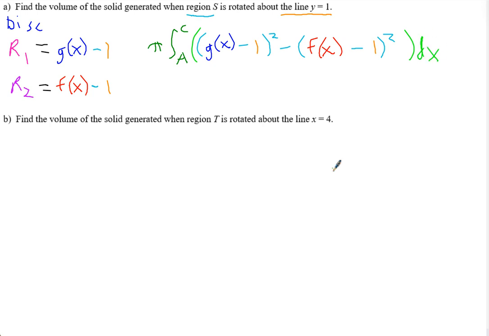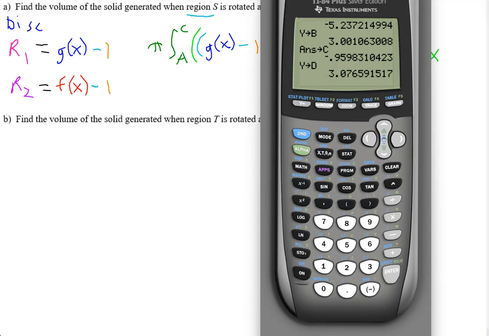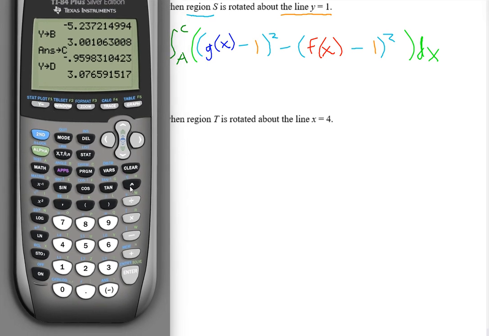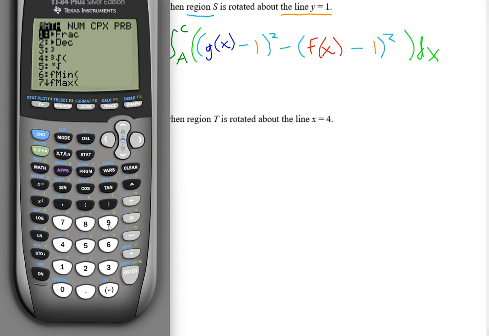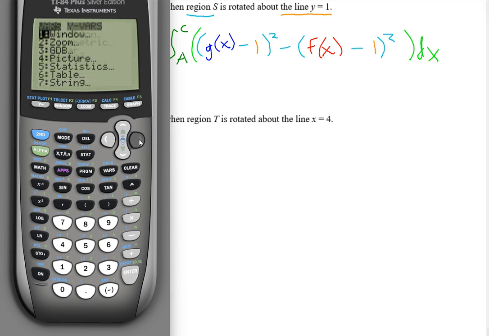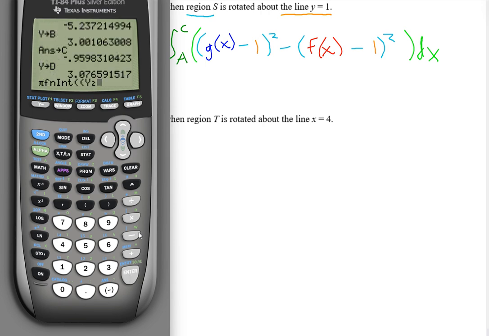All right, so let's go ahead and enter this in our calculator. Start with the 84. So pi first, second pi, and then math number 9. And again, those of you who have the newer 84s, it will pop up just like this. You can put in alpha A and alpha C here. And then once you get the cursor here, we need to open parentheses. And remember, g of x in our calculator is y2. So vars, y variables, number 1 function, y2, minus 1, close parentheses squared, minus, and then we need another open